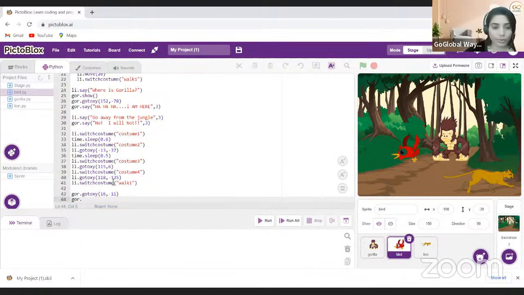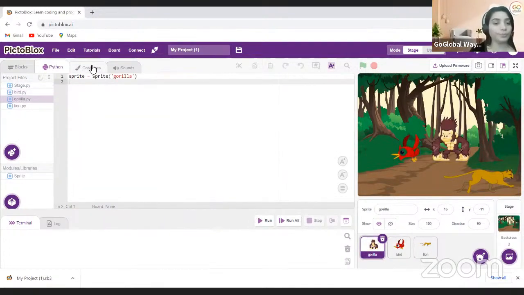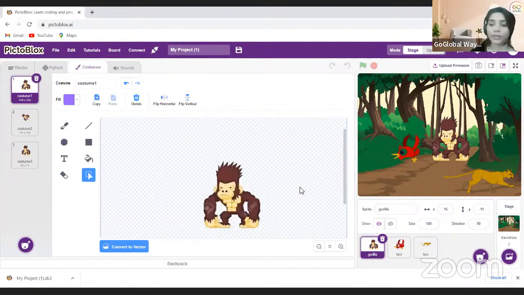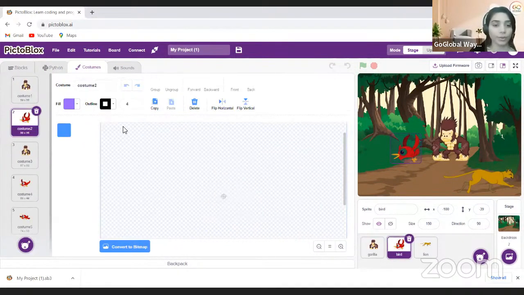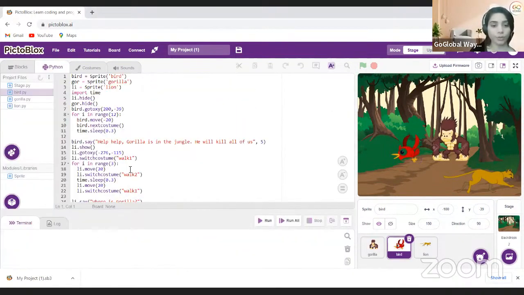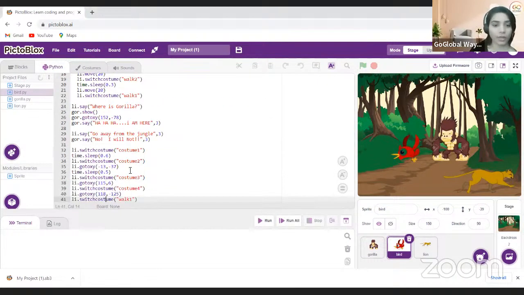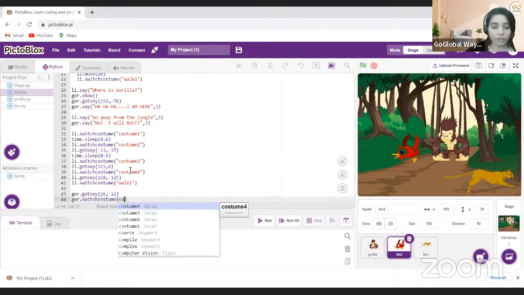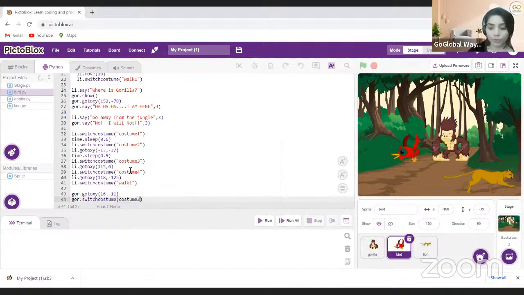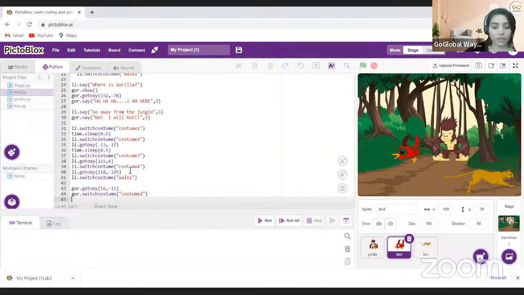gore dot switch costume, and he will switch costume to, let me check what is the costume. It's costume 2 and costume 3. Okay, so it should be costume 2. I'll come down. It should be costume 2. Inside the double quotation symbol, you will write. And then it will come here, and